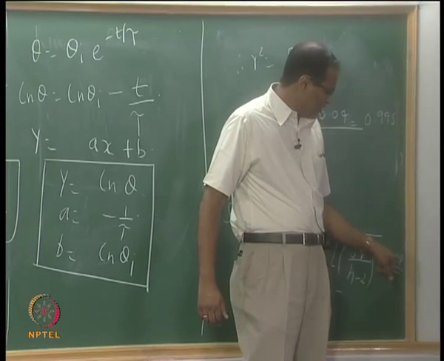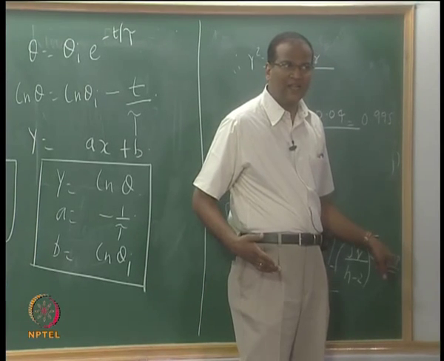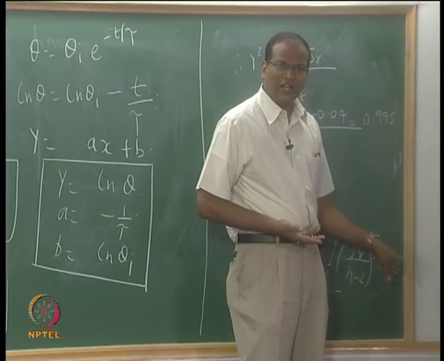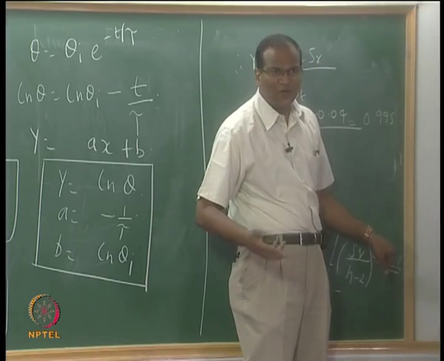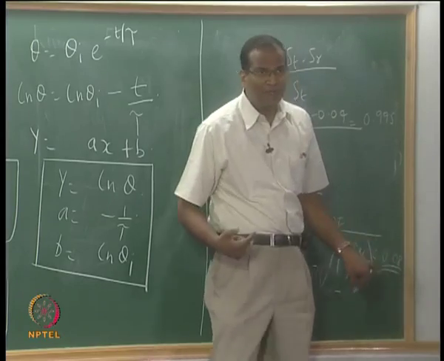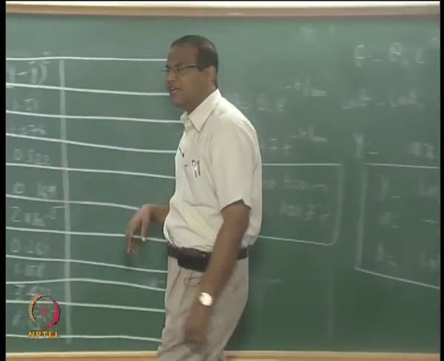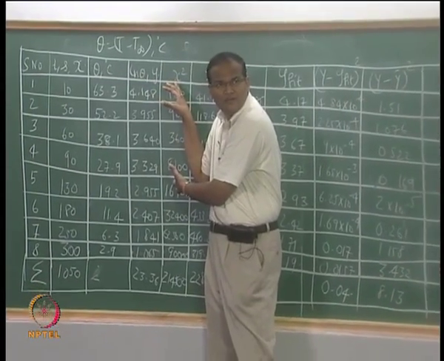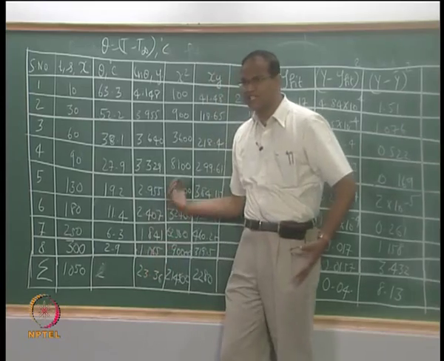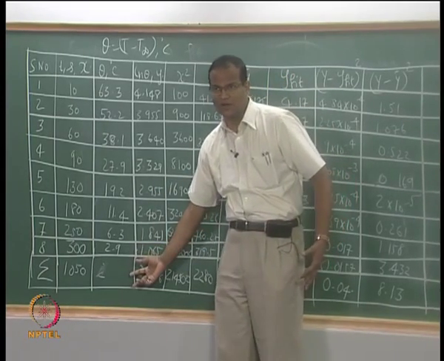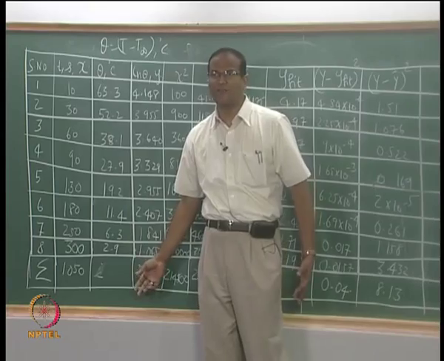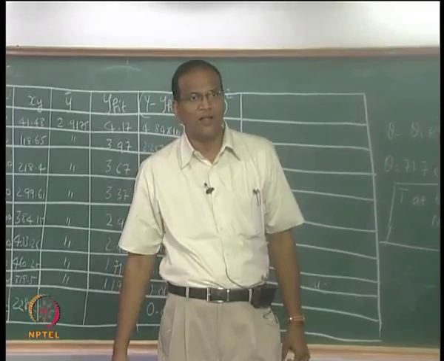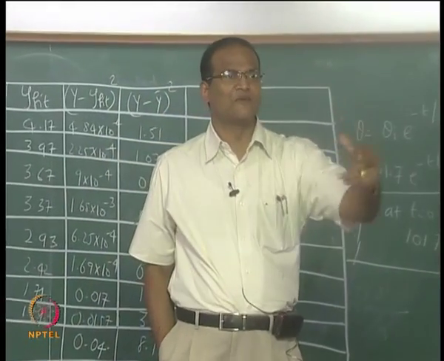So since it is 0.08, when theta is high, it is not very serious, theta is high if 0.08 is small, so it is okay, but when the theta is going down, then this will become comparable. Therefore if you want to do the experiments intelligently, you must try to use the maximum data when the system is hot. When the system is approaching the temperature of the surroundings, when the theta itself is very small, are you getting the point, when sufficient time has elapsed, since the theta itself, the driving force for heat transfer itself is small, it is more error prone, other effects may come into play,